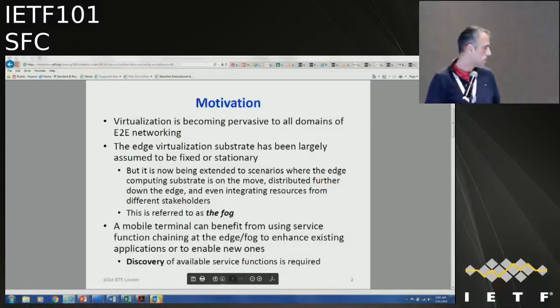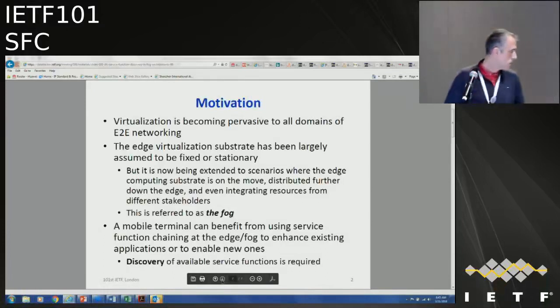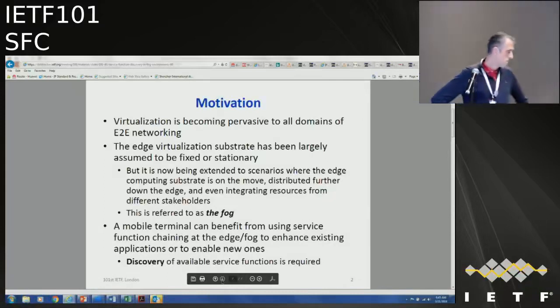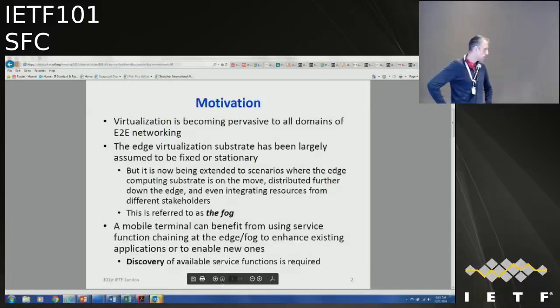Can I ask you to clarify who you intend the discovery to be used by? Because in the deployments we talk about for SFC, the end terminal simply addresses his packet to the end service he wants to reach. He doesn't worry about these. It is all about transparent insertion of services. So can you clarify, because the way the bullets are structured, it looks like the mobile terminal is discovering the services, and I had trouble putting that in an SFC context.